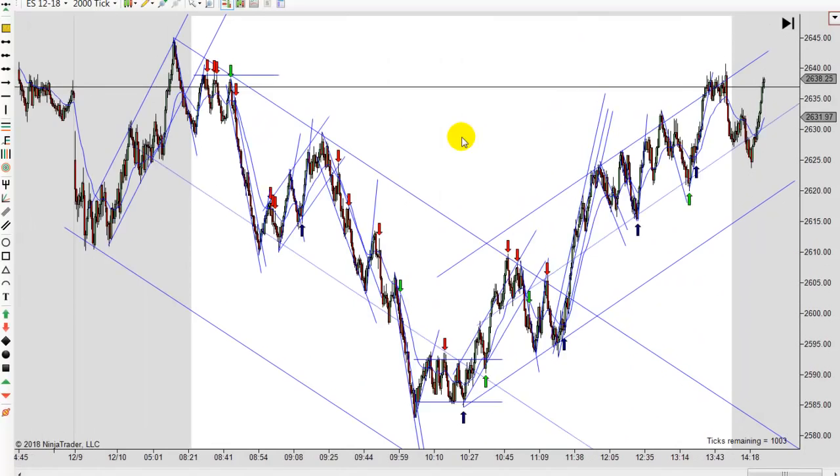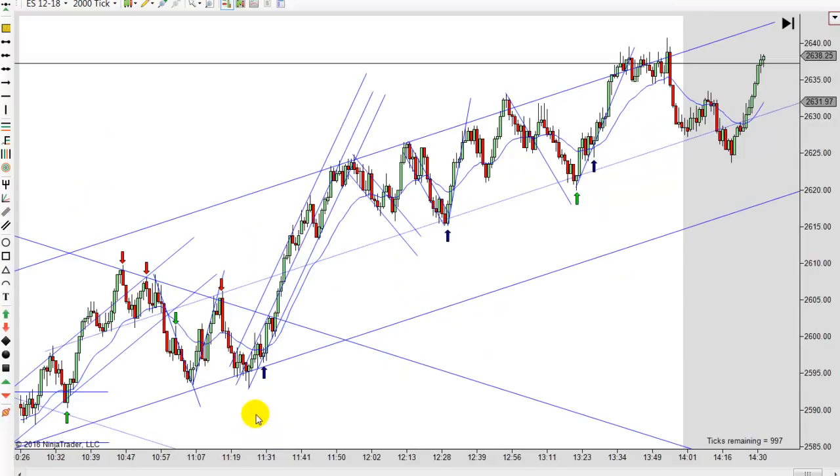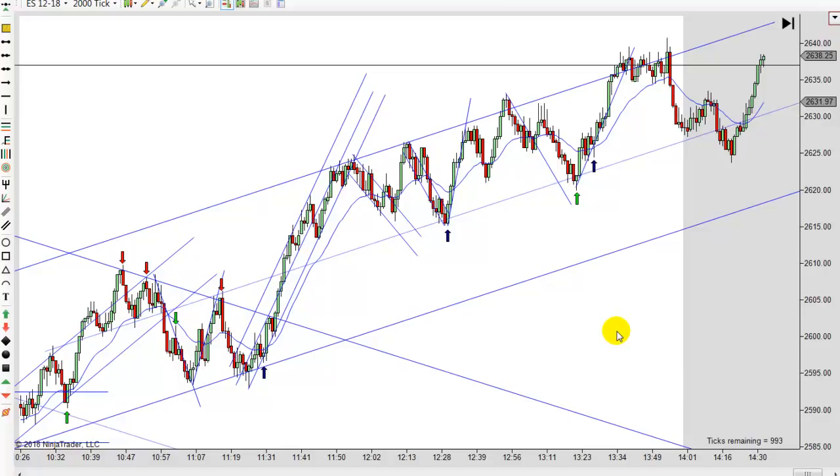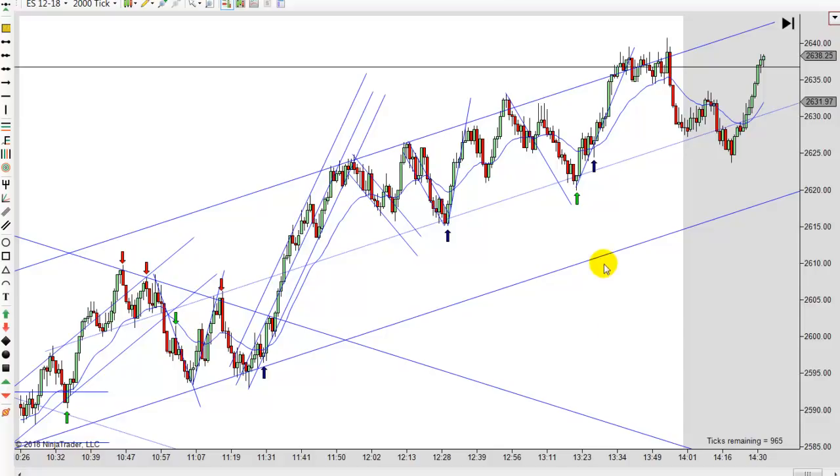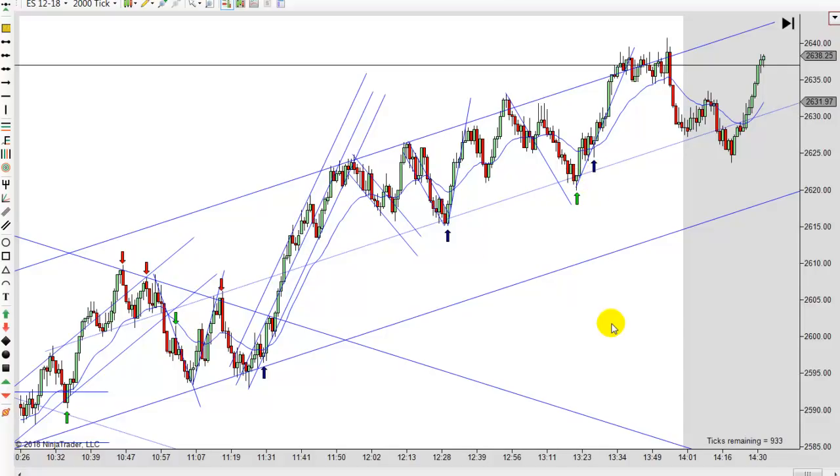Let me back out a little more. As you can see, it spikes up and goes into this channel, just working higher. This is too steep, and this is more of a 45-degree angle, which is what you want. But you didn't get a lot of options off that key entry point. You got a few,